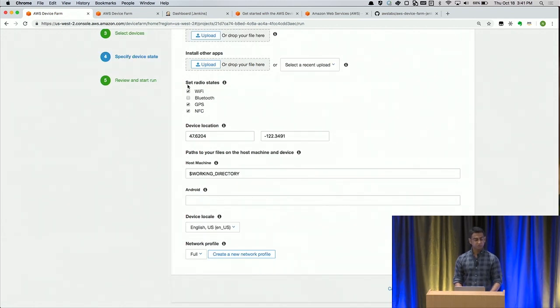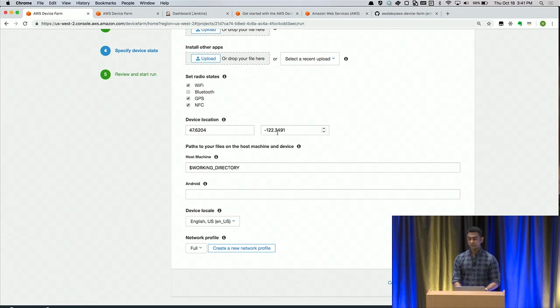The radio states, whether you want Wi-Fi on, off, Bluetooth on, off, NFC, you can specify the start radio states. The latitude and longitude, which is essentially mocking the location. Think about a banking app or a cab sharing app that finds the ATMs near it. If you want to simulate that, just give it a latitude and longitude, and it will mock that location on